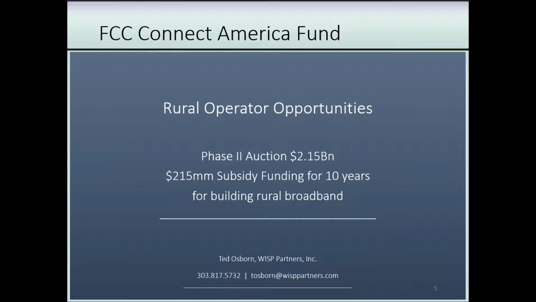As Troy had indicated, there's funding across all of the United States at this point in time. A misnomer is that after the price caps accepted their territories, there were only about 20 states remaining. However, with some adjustments earlier in the year, we're now at a Phase 2 auction budget, if you will, of $2.15 billion over 10 years, or $215 million of subsidy available across the U.S. for a competitive bid.